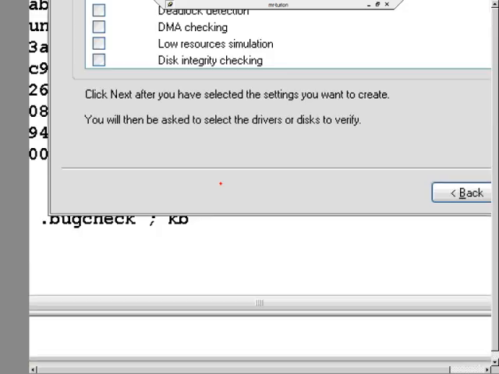Let me zoom in again. So let's say you're executing along at passive level. Let me just draw right on the screen here. And the driver, at this point, touches a piece of paged memory. So this memory, at that point, has to be physically present in the RAM for that access to succeed. If it wasn't there before, it's brought in at this point in time. Now, a few instructions later, the driver acquires a synchronization